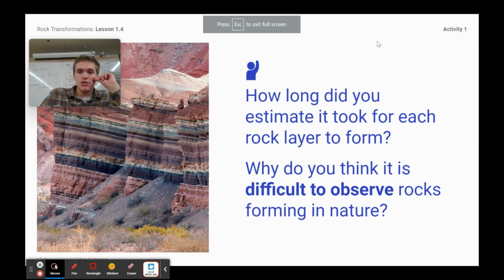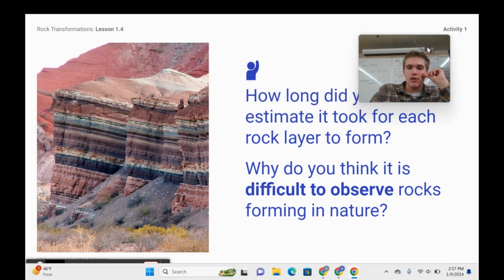How long do you think it takes for each sedimentary layer in this rock formation to form? That's a great prediction. Sometimes each layer can take thousands or even millions of years to form because it takes a lot of time for the sediments to press and compact together.